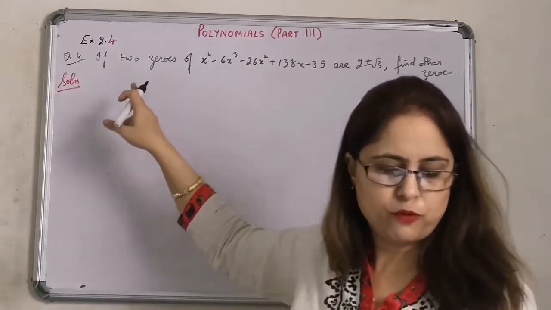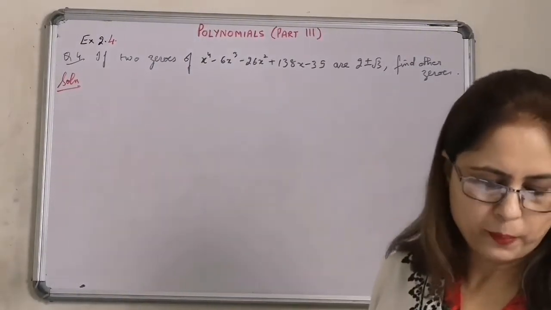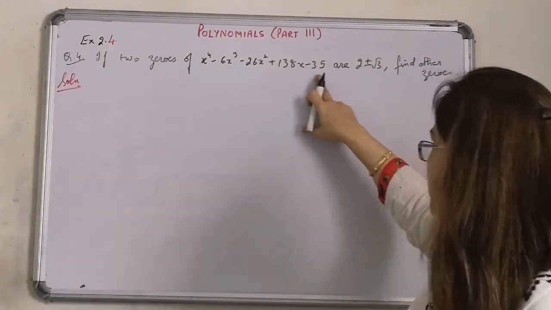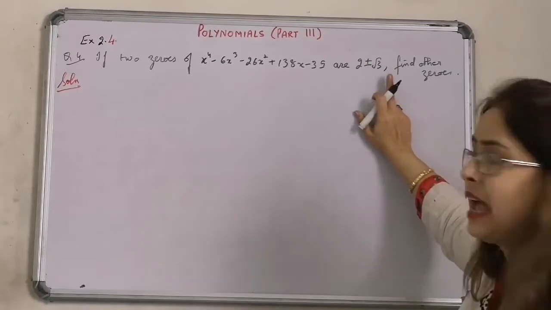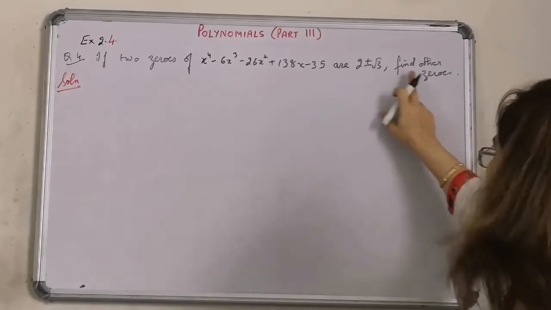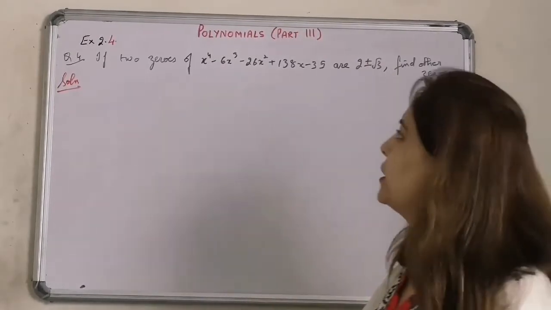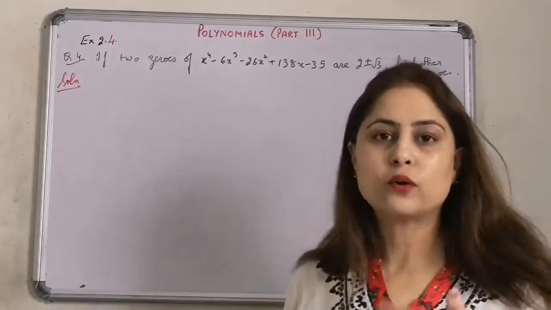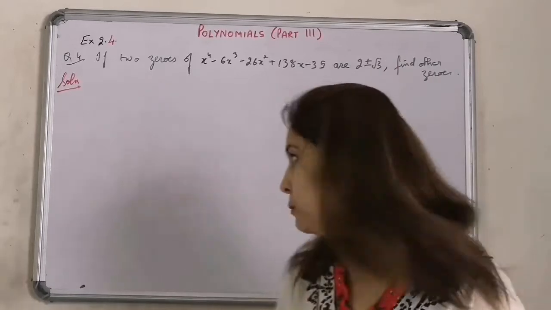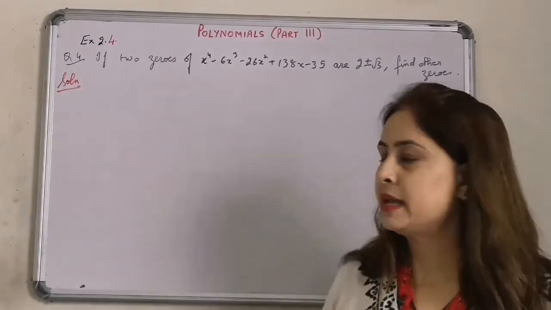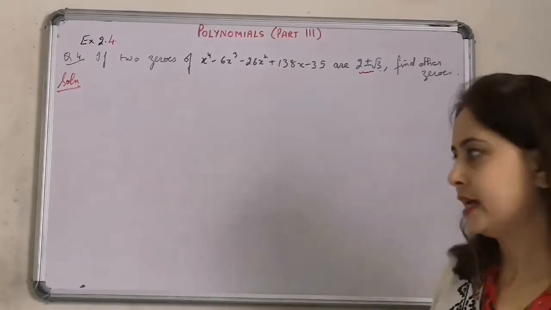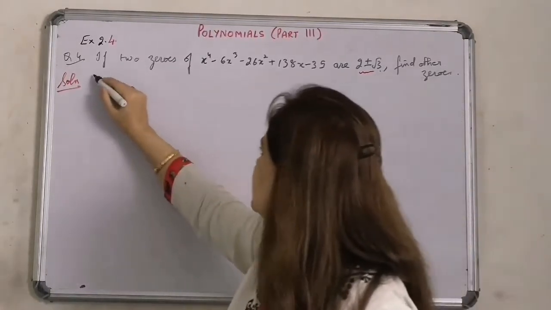This is question number 4 of exercise 2.4. And the question is, if two zeros of this polynomial are 2 plus root 3 and 2 minus root 3, find the other zeros. The degree of this polynomial is 4. It means we are supposed to find out two other zeros of this polynomial. So steps are going to be the same, just because these are a bit of different nature, we are taking it up. Now let px,